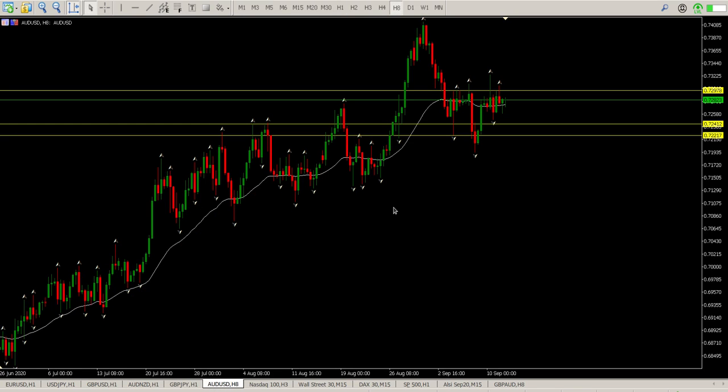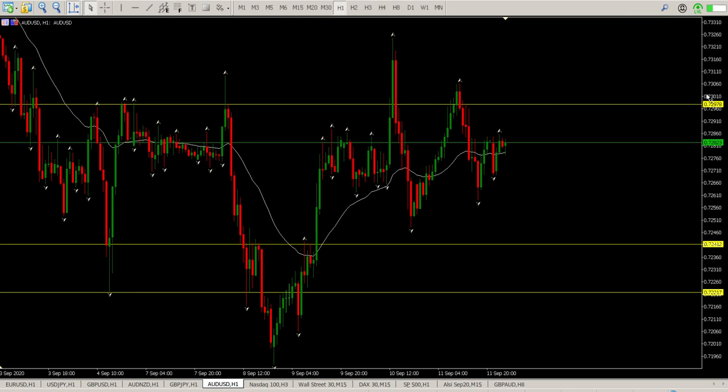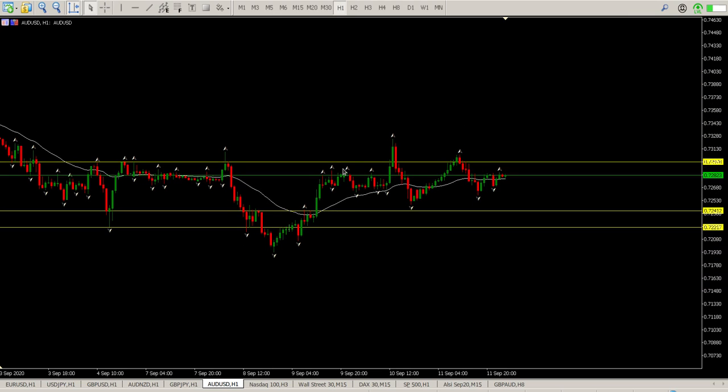Aussie dollar, US dollar, there's nothing I can say about that except stay well away from that. Big up, big down, big up, big down, big confusion, tails coming in pretty much the same as there. For some reason this area of the moving average, 072823, is offering some form of excitement to the bulls and the bears, and they're all trying to hold it at that